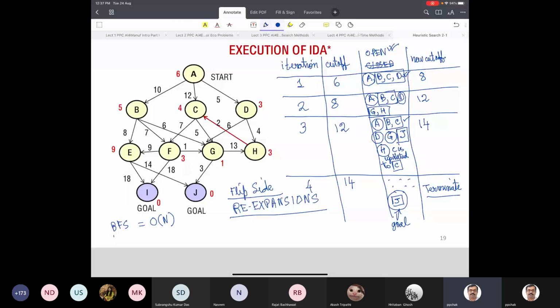It's approximately 2n in a binary tree. But when you have cost cutoffs, you can prove, and I leave this to you to prove, that if A star expands n nodes,